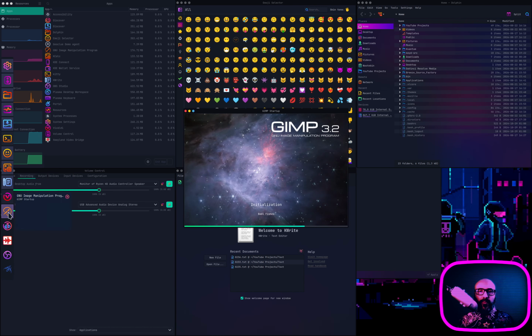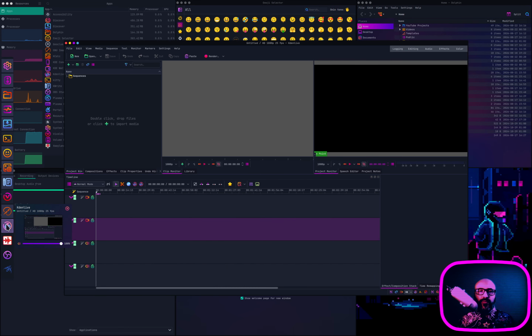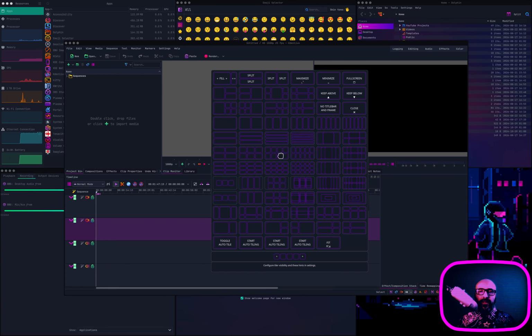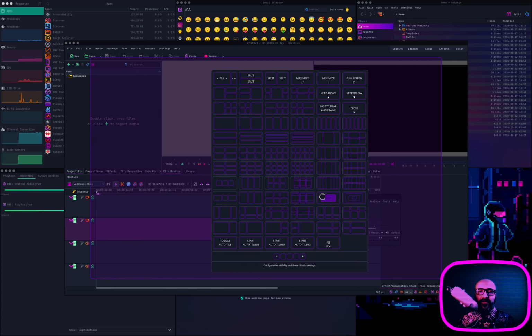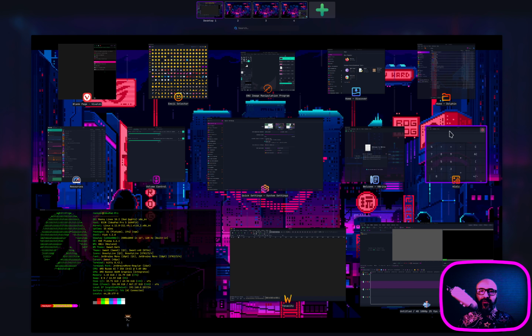How about GIMP? So as you can see, everything works properly. So far so good, and we're almost done now. So let's place Tenacity here as well. So here, as you can see, everything works properly with my theming, however you want to call it,